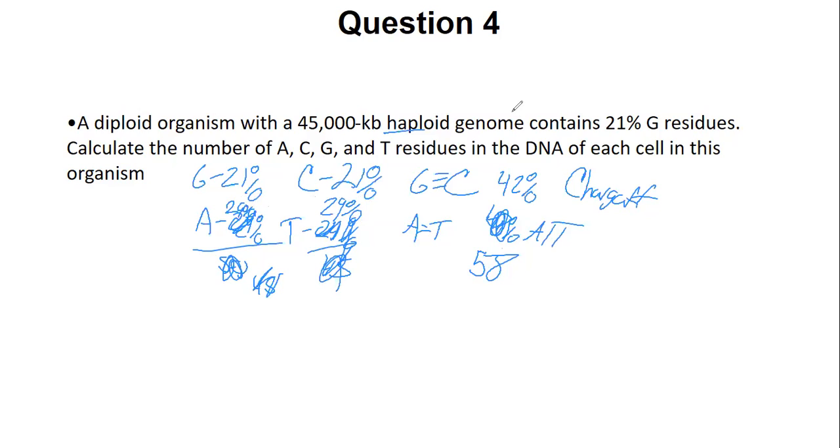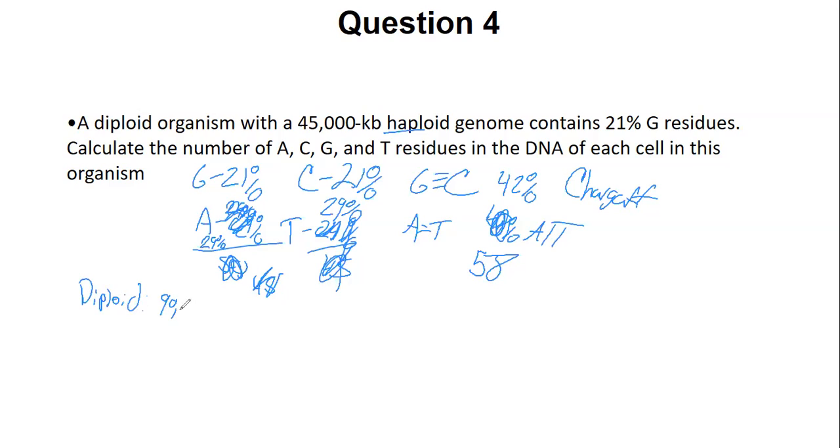Okay. So A is 29%. T is 29%. All right. Now 21 plus 29 equals 50. Yeah. All right. So I give you the haploid genome, which is 45,000. That's half of the diploid genome, which is in the cell. So the whole diploid genome